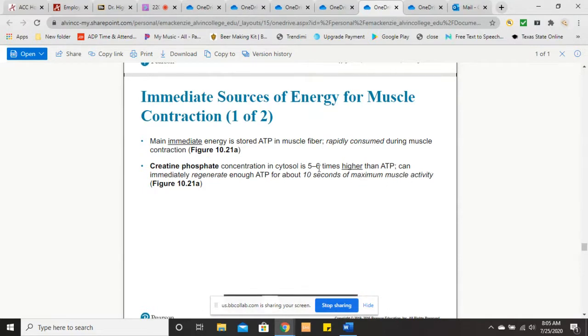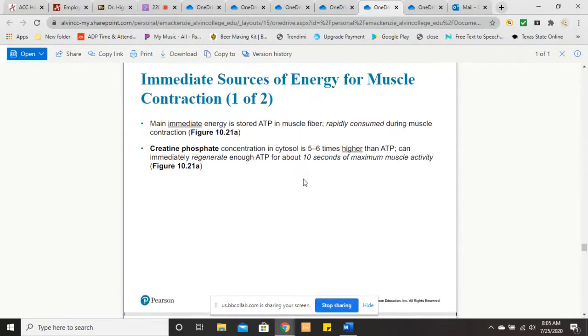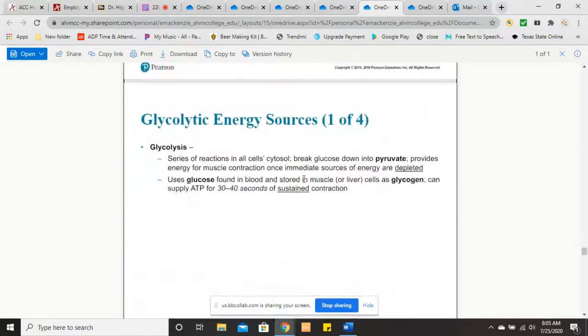Your textbook even gives you a number. It gives you 10 seconds. No, you don't need to know 10. Just know seconds. Okay. But we all know, hopefully, we could work out for more than a couple seconds. So we must have more sources of energy. We do. Another one is called